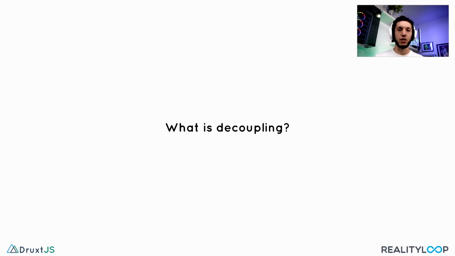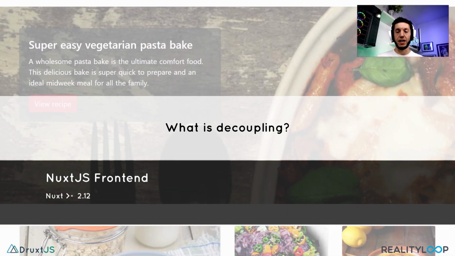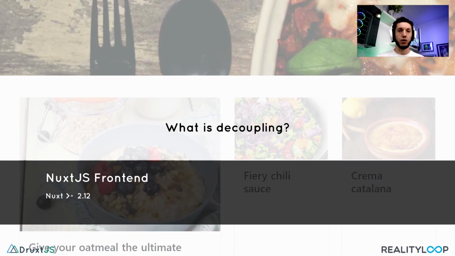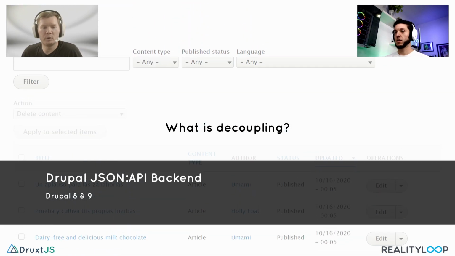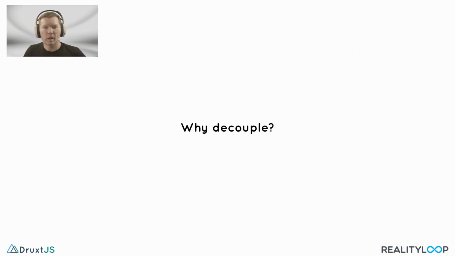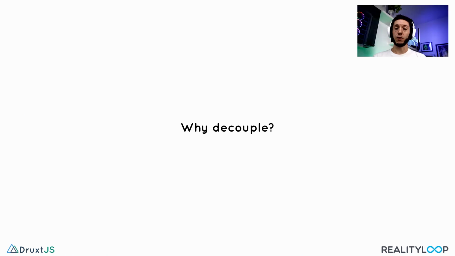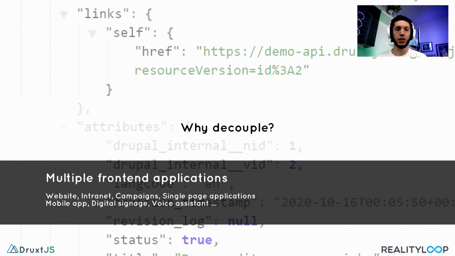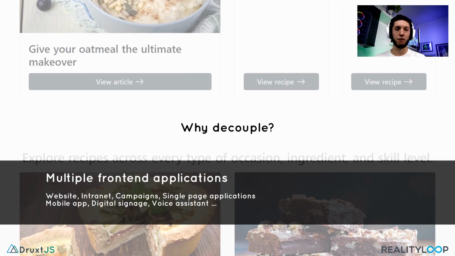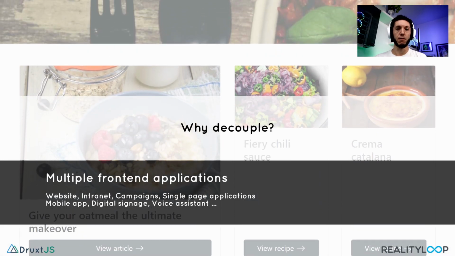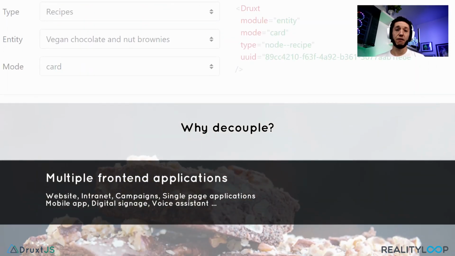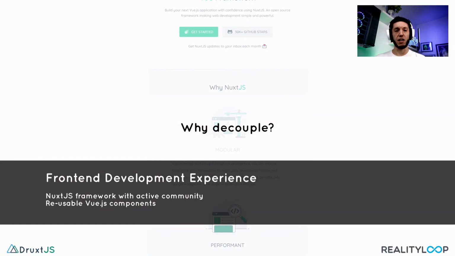Decoupling is the process of separating your presentation layer or your front end from your content management system, your backend, in this case, Drupal. Okay, so using Drupal more as a content repository. Yeah. And why would I want to do that? You might want to do it for multiple reasons. I think one of the most important reasons is that your content can power more than a single site. You can have your public website, but in addition to that, you may have an intranet and multiple campaign sites, native applications, voice assistants,